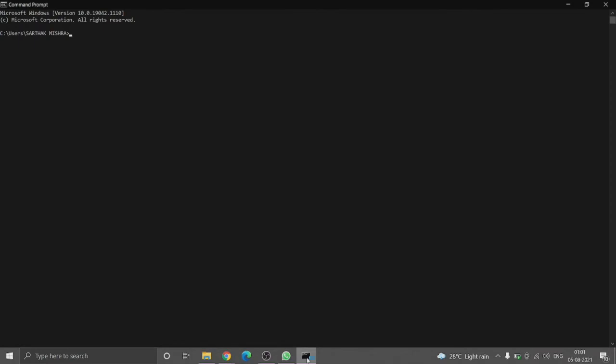Now we move on to the demo of the project. Firstly, we need to run the local server on our machine through the command prompt. For this, we need to access the folder where the project is located on our machine.